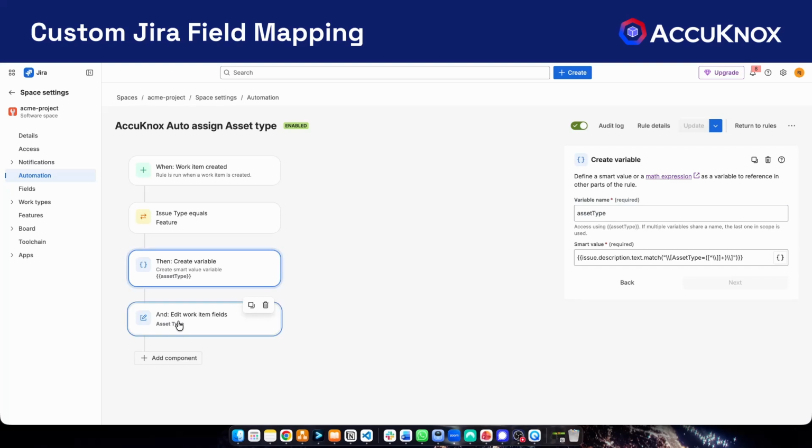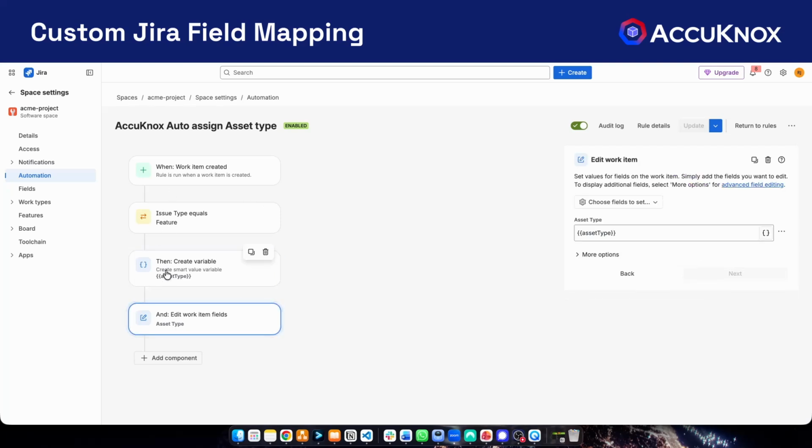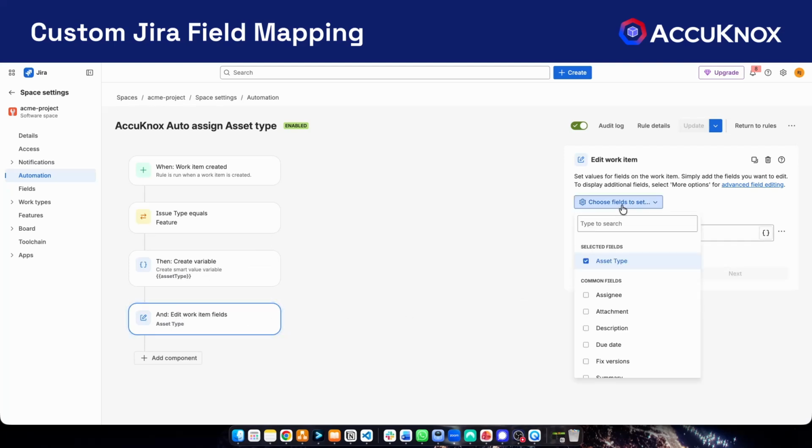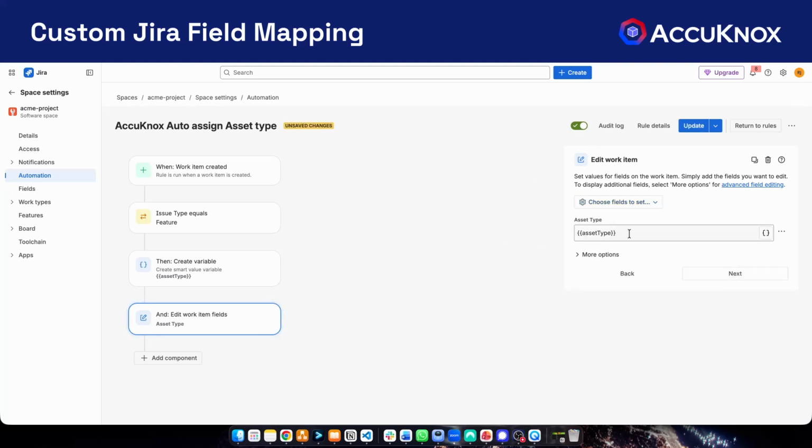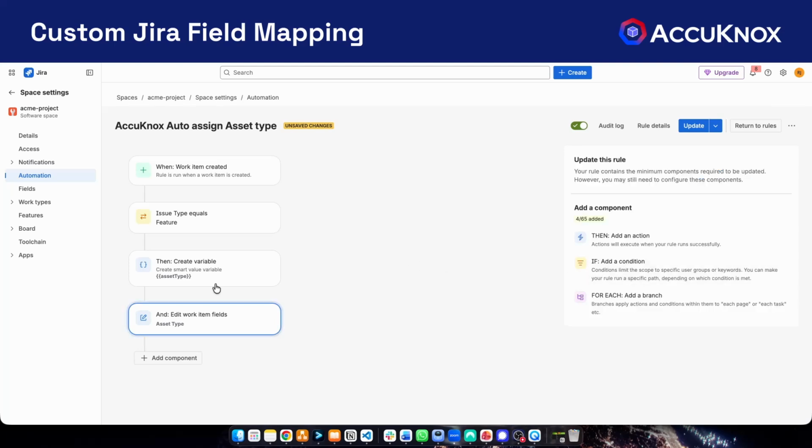In the subsequent action, so this is a trigger, this is a condition, and these two are actions. The first action that is handled is create variable, and when a variable is created, you can select an action item called edit work item. You can select the field asset type and assign the value asset type here. So once you do this,